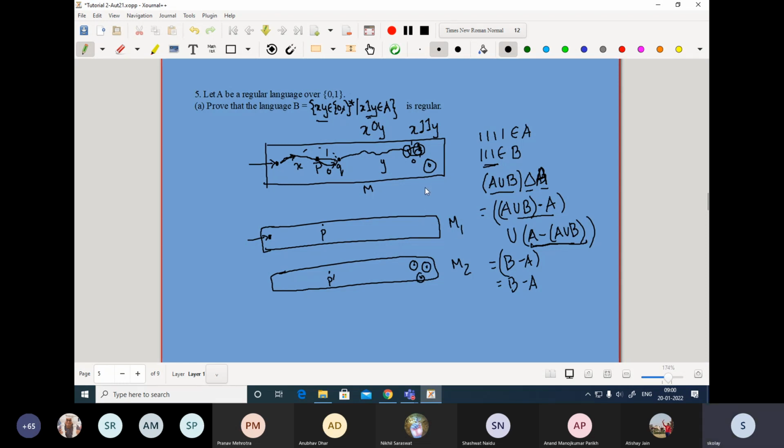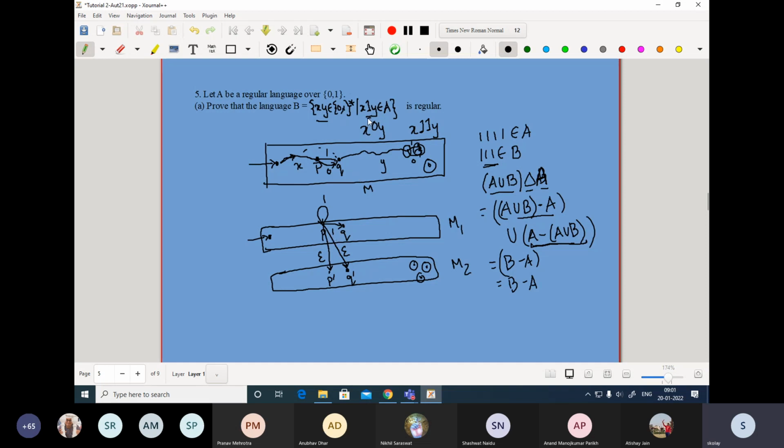Same as M. Now, if there was a one transition from P to Q, then we make an epsilon transition from P to Q prime. Then we make an epsilon transition from P to Q. If there was a loop from P to P itself with 1, an epsilon transition from P to P prime. Okay, so the idea is that with these epsilon transitions, you are guessing where this one is